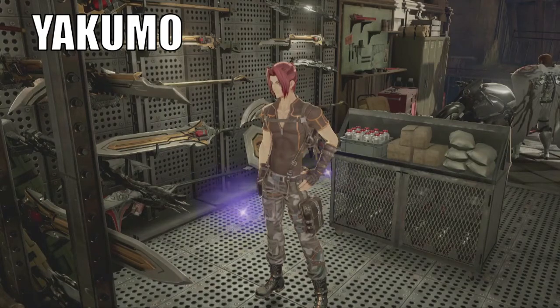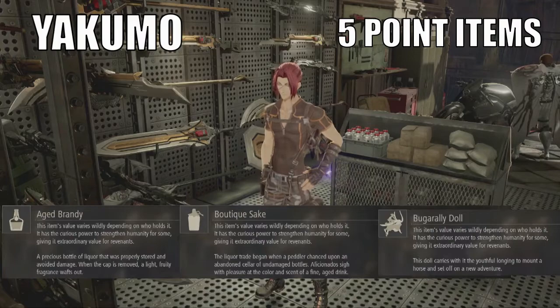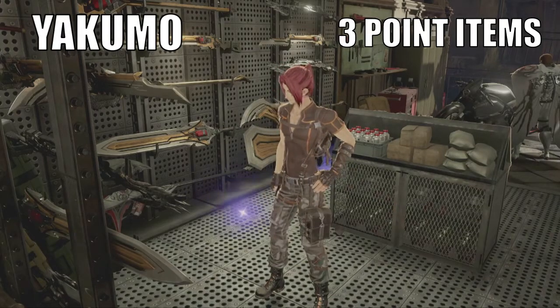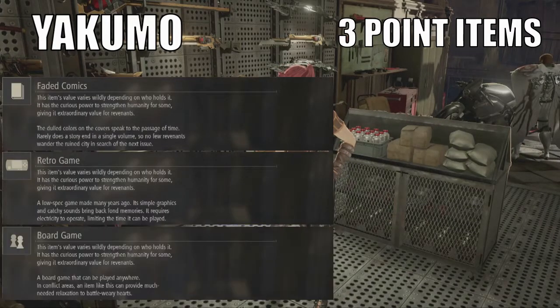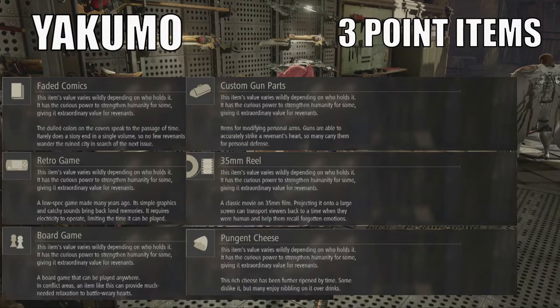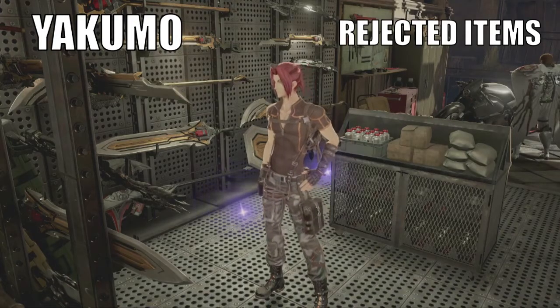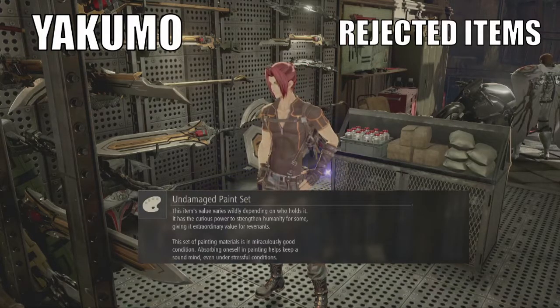Next up is YAKUMO. The 5-point items are Aged Brandy, Boutique Sake, and Buggerelli Doll. The 3-point items are Faded Comics, Retro Game, Board Game, Custom Gun Parts, 35mm Film Reel, Pungent Cheese, Sushi Tacos, and Blood Bead Candy. The item he hates and won't accept is the Undamaged Paints set, and it is worth